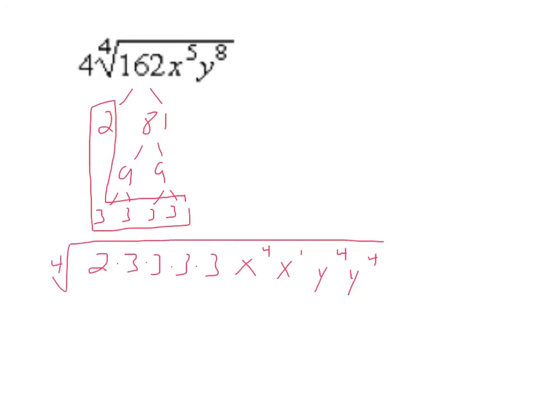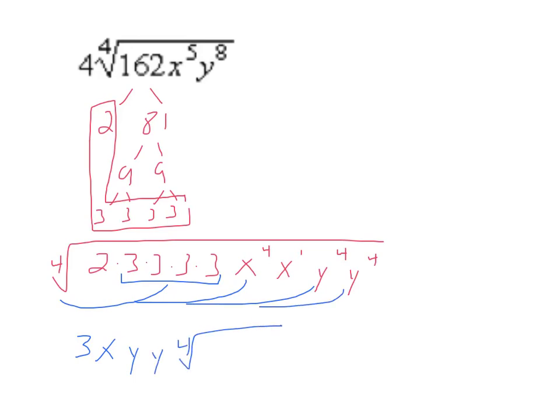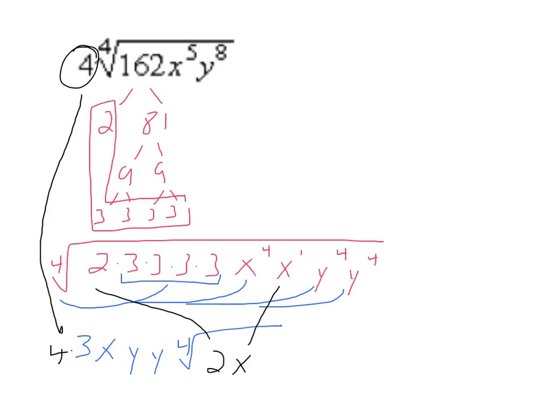So again, as we said, groups of 4 can come out. So that gives me a 3, an x, a y, and a y. And what's left? We have a 2 in there, and we have an x. Remember that we have a 4 sitting out there waiting to be dealt with the numbers that come out. So we end up with 12x, and we have 2 y's, so it becomes y squared,